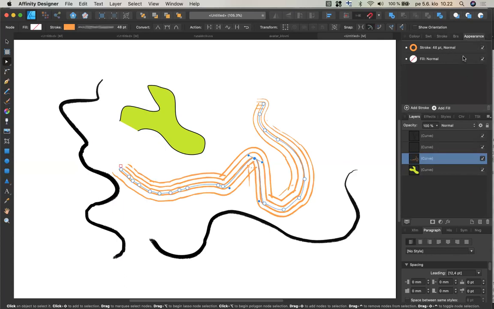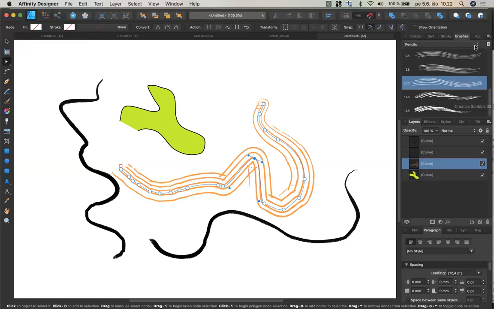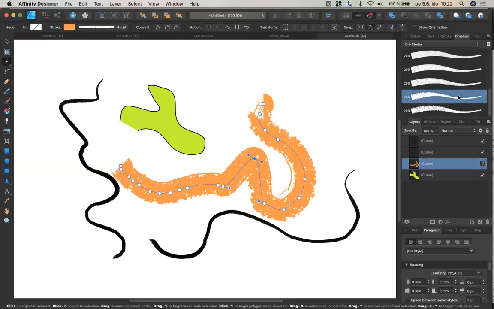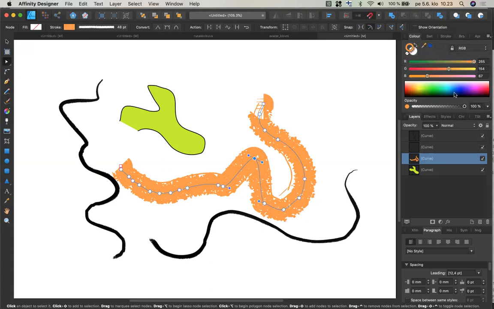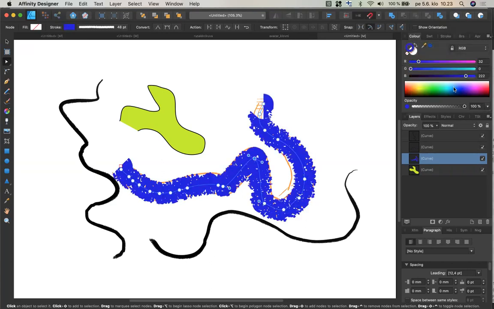You remember this probably. And say that I want to have another stroke there. So let's see what kind of stroke that could be. Let's go to dry media and have this, and then change the color so that you can see clearly that there are now 2 brush strokes